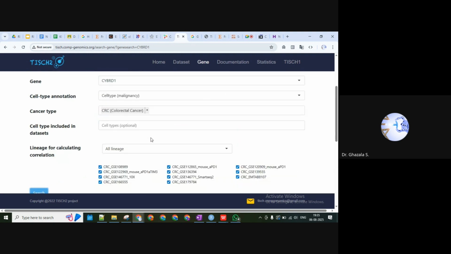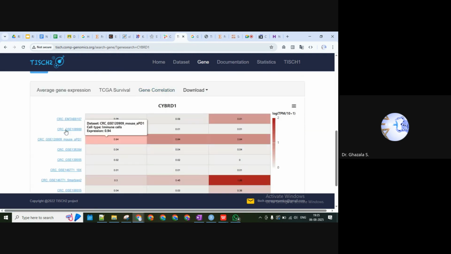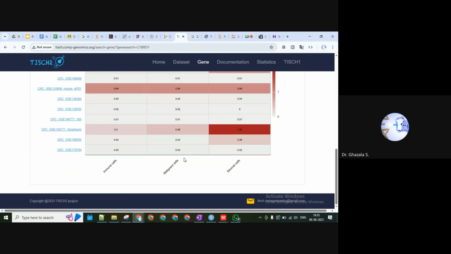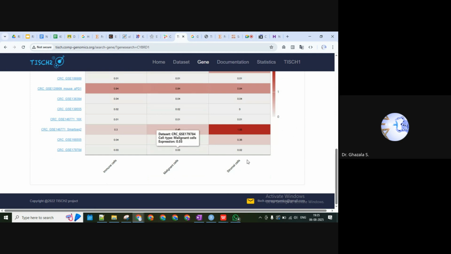Okay, so now what we have done is we need to check the cell type annotation. Earlier it was about major lineage and minor lineage, but right now we mention malignancy, that is for tumor, and it is mapping our gene with different types of data sets. The information is derived from that: within immune cells your gene is active, and within different malignant cells, wherever a tumor is there, it will be active, and then stromal cells. So all these cell types will be considered within tumor microenvironments.